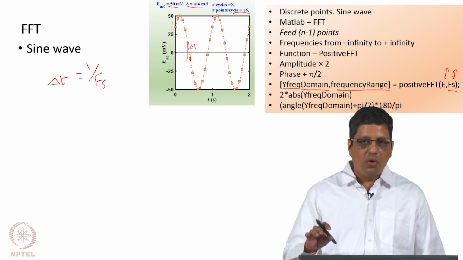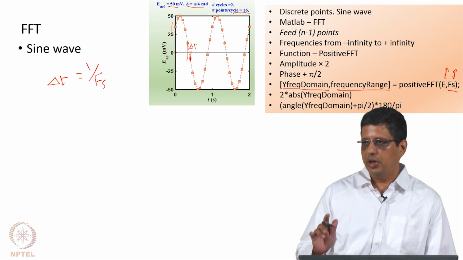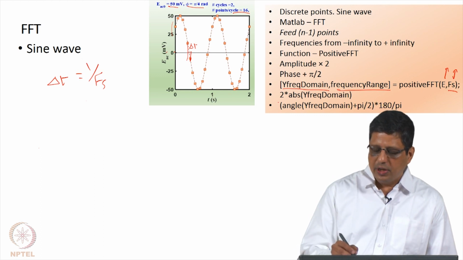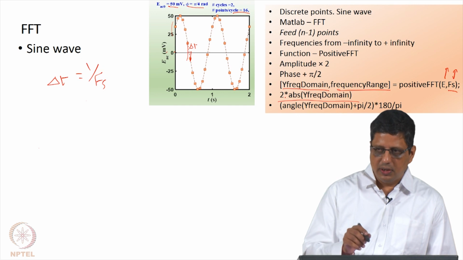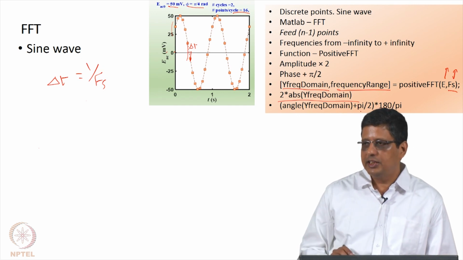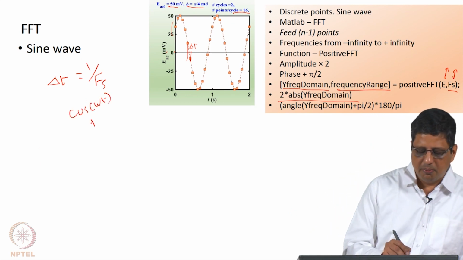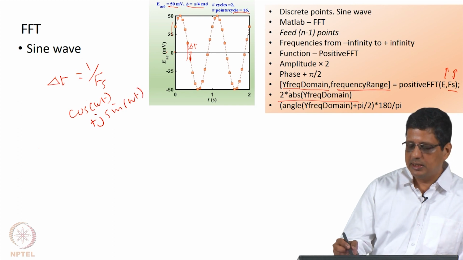This is the implementation. How is it done inside MATLAB? I do not know and I am not going through that. You can use an FFT program and get this. When you get the value, multiply by 2 in this implementation to get the amplitude. You have to add a phase of pi by 2 because your exponential value is cosine omega t plus j sin omega t. This is done as a complex transform.